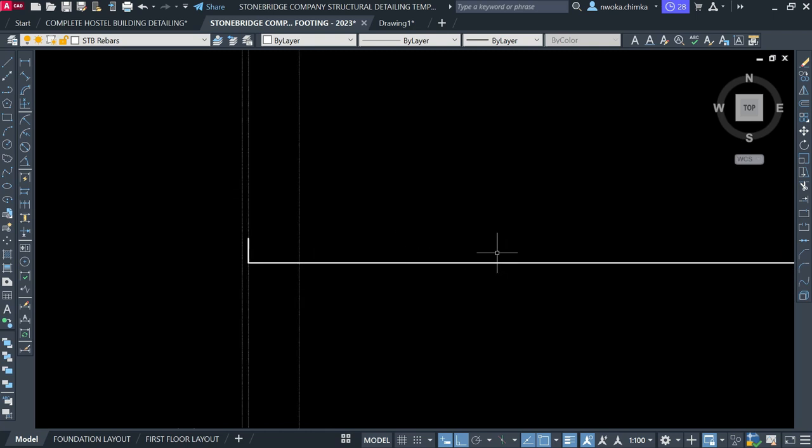So since the bar diameter of this one is 12, 50 times 12 gives me 600. So that value right now becomes my minimum lap length. I can choose to go to 750 or 650, but I like to use 600 just to